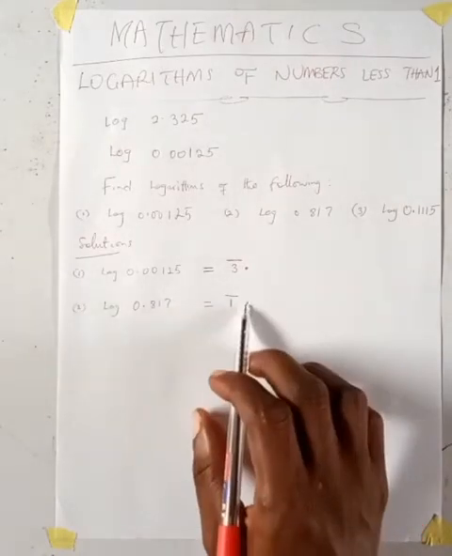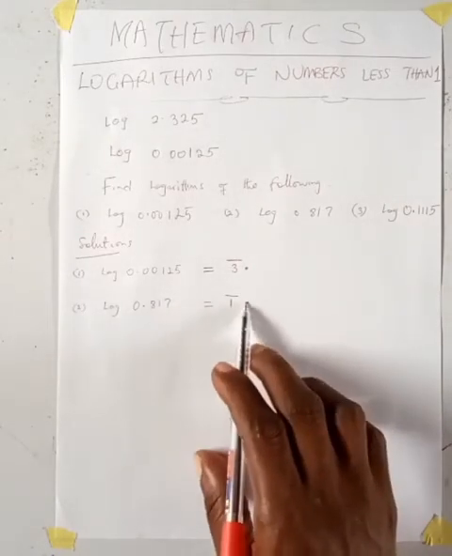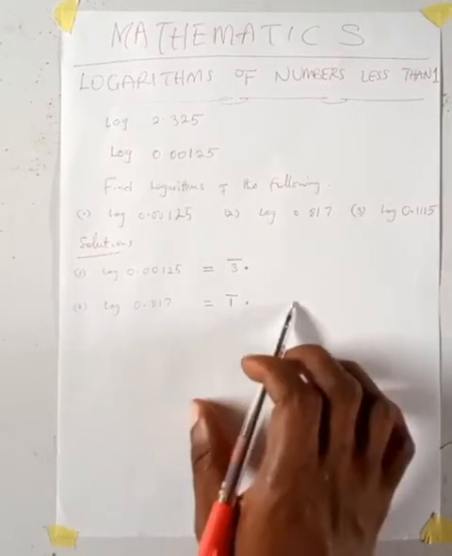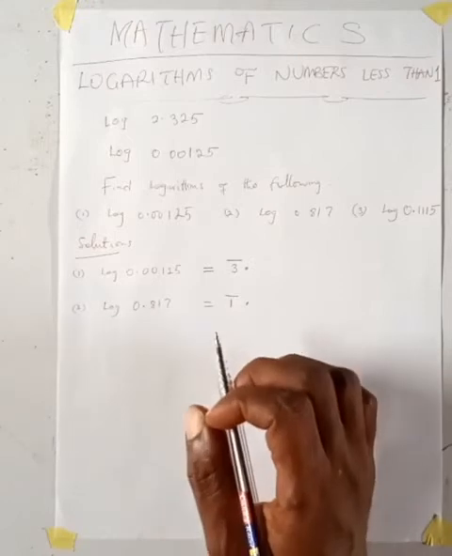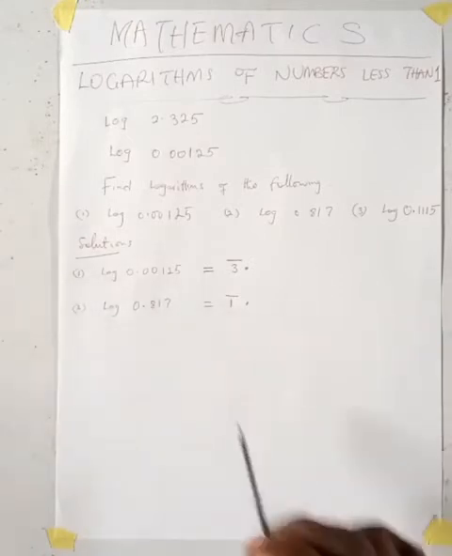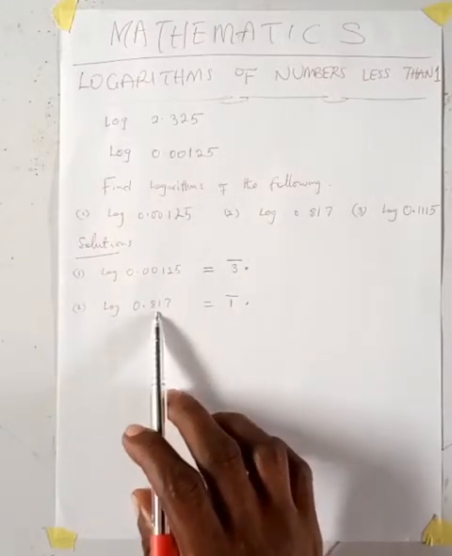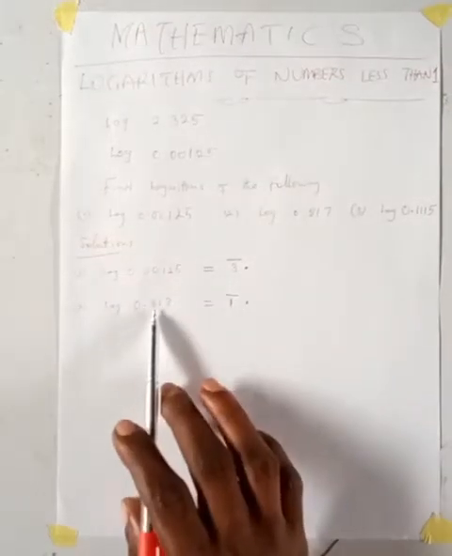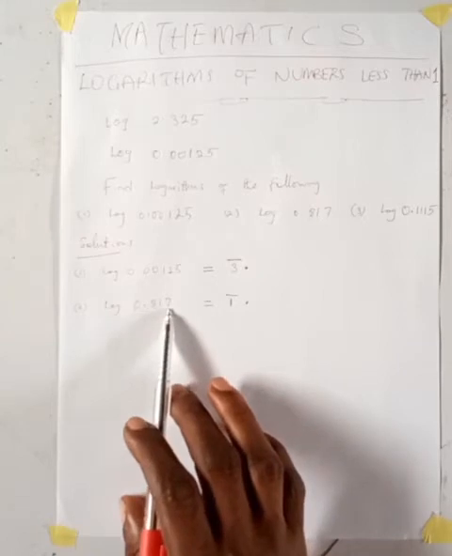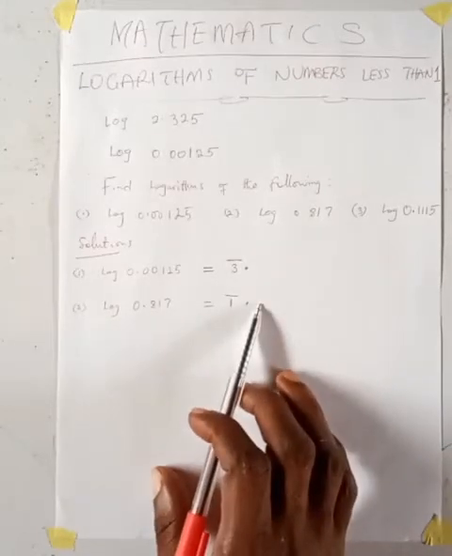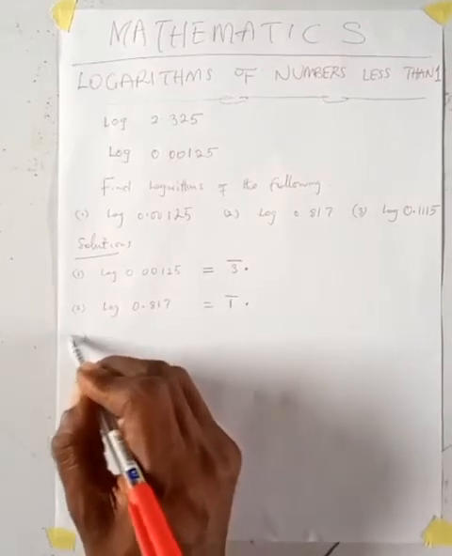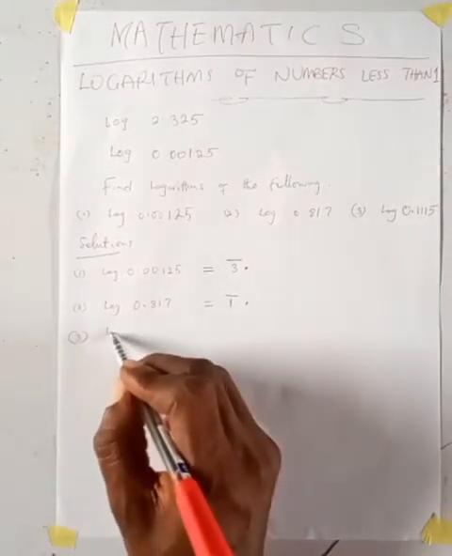Point. What we have after point are the equivalents of this thing from the 4-figure table. But I'm not interested in doing that because we've done this thing in SS1 class. So we are all aware of how to look up the value of 81 under 7 from the 4-figure table. So I will now have to move to the third one. So in the third case, I have log